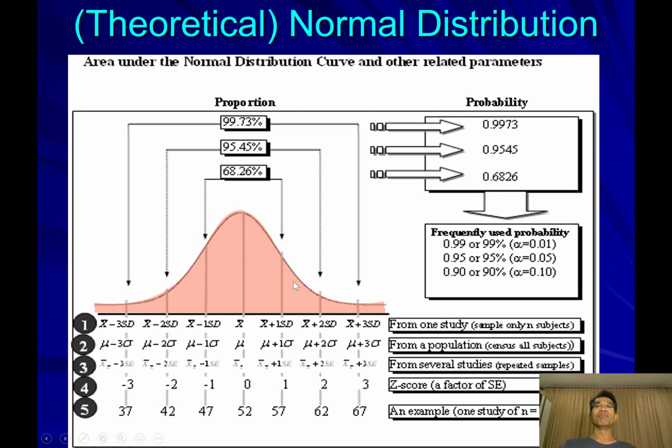We can just say it's symmetry so that we can accept the mean to be used for the inference, for example. So the first row is from one study, it's impossible to follow normal distribution. The second row,